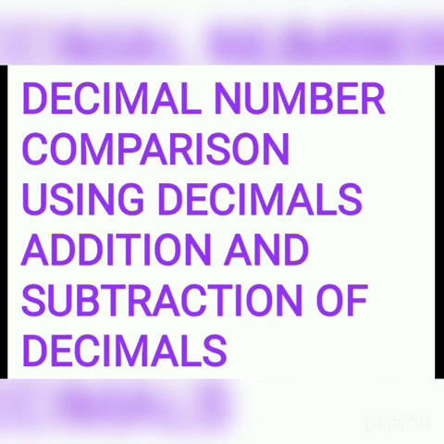So that was today's class, and what all things we discussed. In this chapter we discussed what a decimal number is, features of decimal numbers, that means how to read and write a decimal number, the place value, expressing decimal numbers as fractions, then writing fractions as decimal numbers. Then we discussed comparison of decimal numbers, then where we use decimal numbers, that means in money, length, weight, etc. Then last, operations on decimal numbers, that is addition and subtraction of decimals. So we completed all these topics in this chapter, decimal numbers.